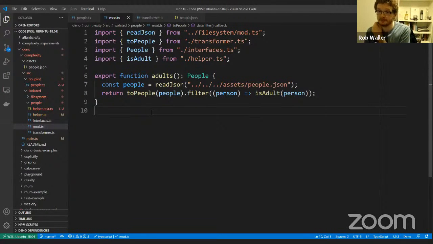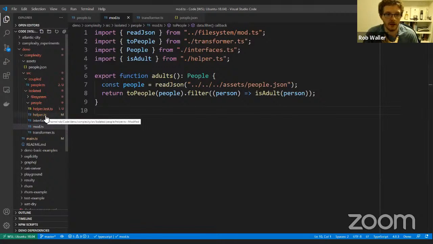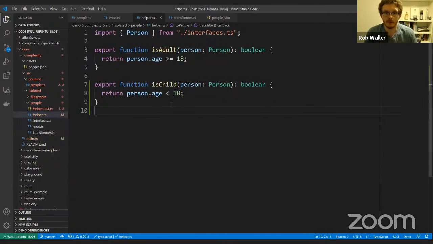And if we go back to our main module, once we then have that people collection, we can then filter it. And we can filter it against a very simple method, which is adult. And if we have a look at our helper, we have a simple method for isAdult. All it does is consume a person and check its age is greater or equal to 18.